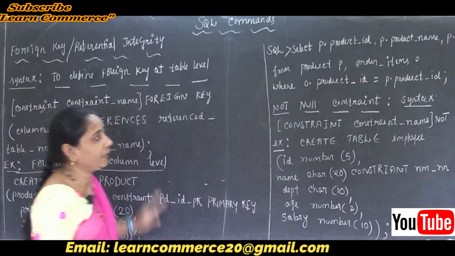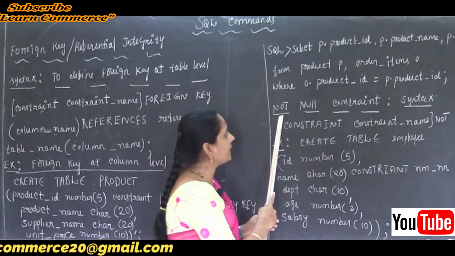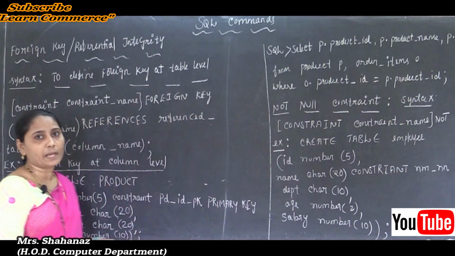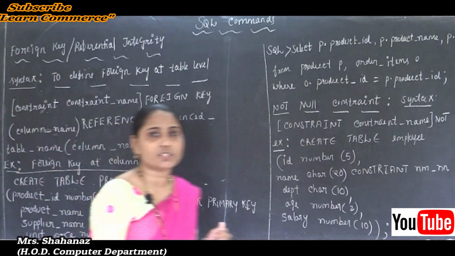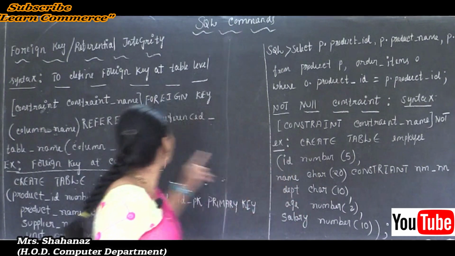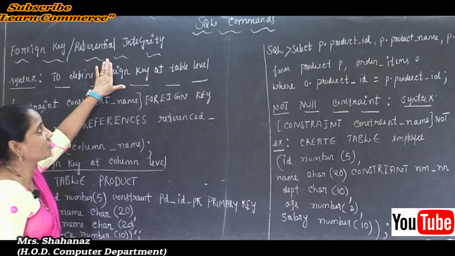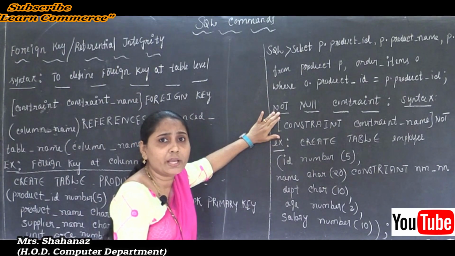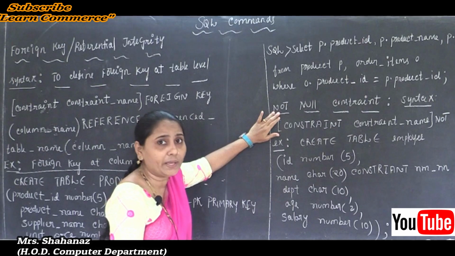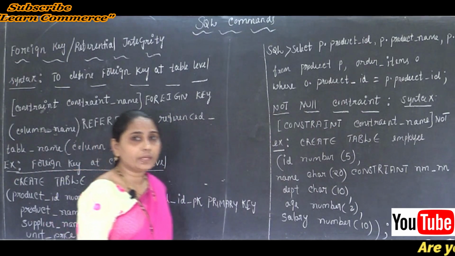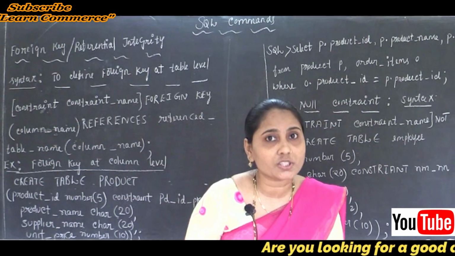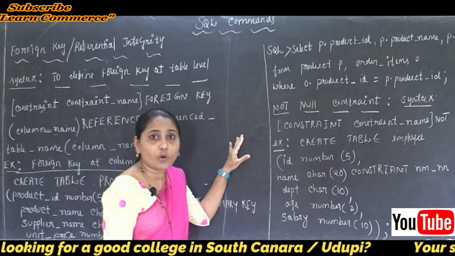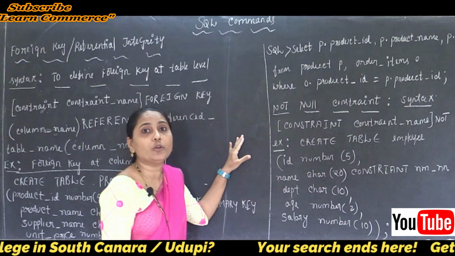After completing the foreign key, let's move to the next thing, our not null constraint. The third example. Why? Because the first constraint is the primary key, the second one is the foreign key, that is called referential integrity, and the third one is called the not null. So whatever constraint we apply here, we can say that the not null constraint ensures that all the rows, clear this point here, all the rows contain a definite value for the column.